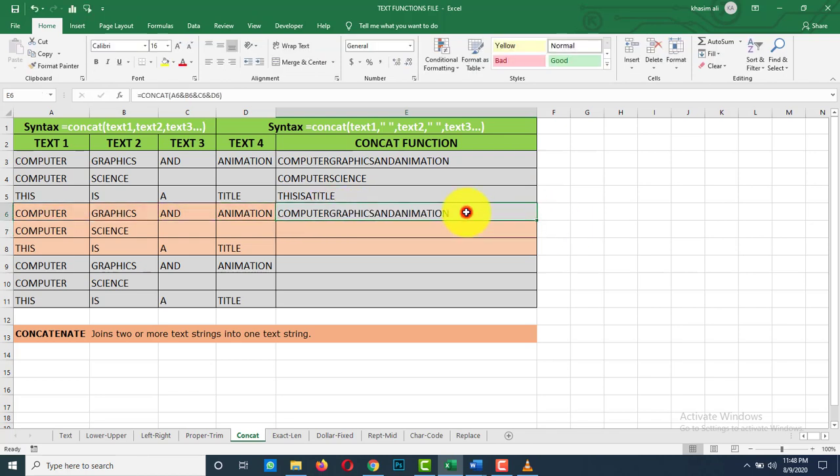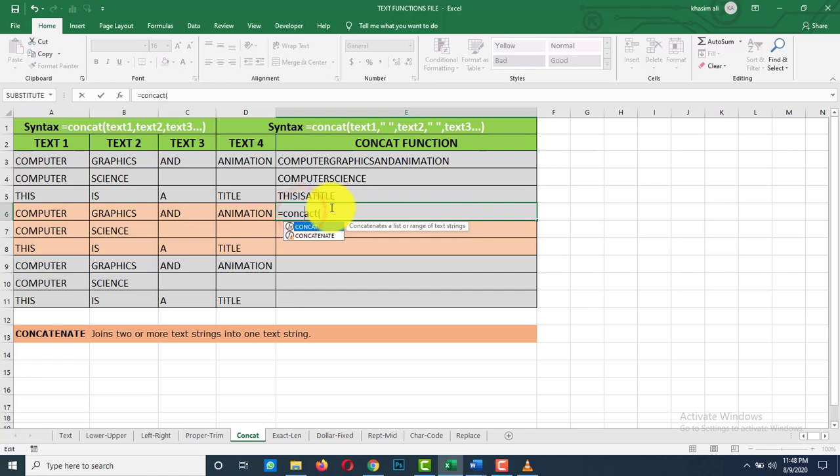we'll write again, equal to concat of text string 1, comma, instead of directly writing text string 2, you have to add inverted commas.